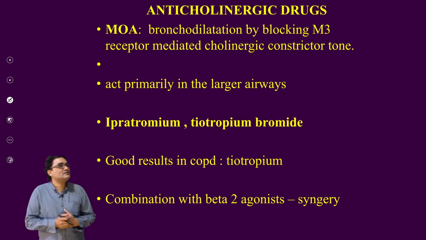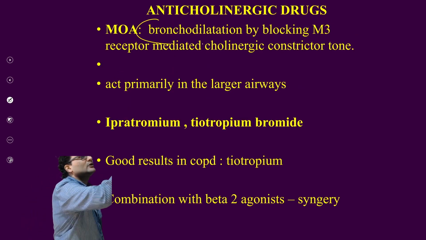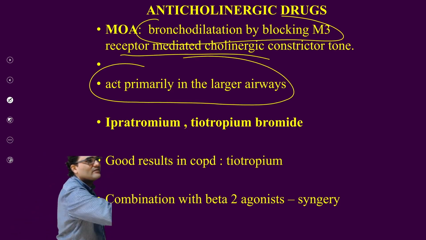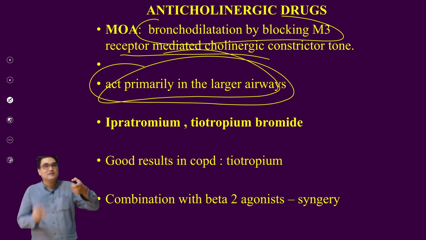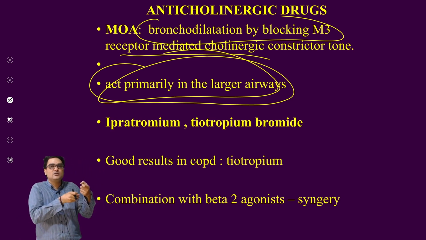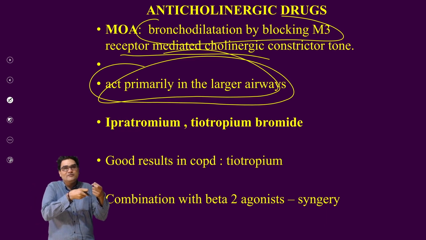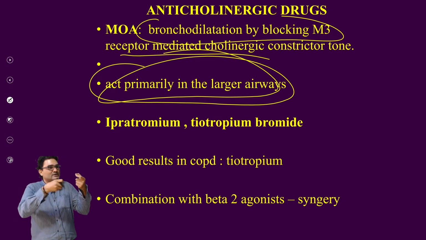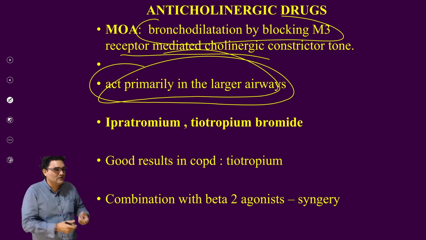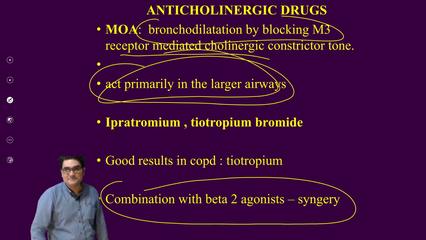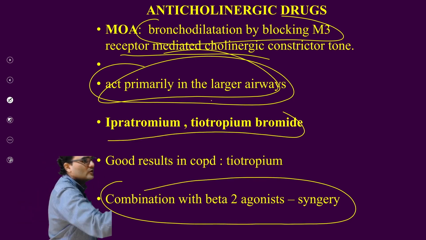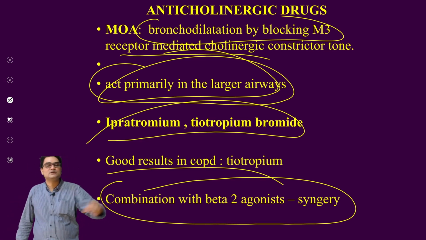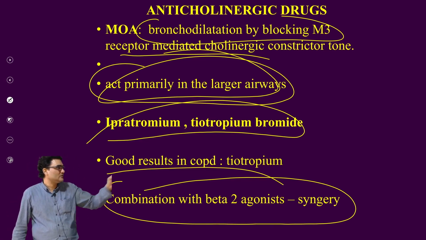Yes, anticholinergic drugs cause bronchodilation by blocking M3 receptors which are present in the lung. They act primarily on the larger airways, very important: they dilate the larger airways. Remember this: selective beta agonists cause dilation of small airways. So when you give an anticholinergic plus a beta agonist, they open both larger as well as smaller airways. So they have synergistic action. Combination with beta 2 agonist has synergy. Ipratropium and tiotropium, good. They are very specific, more than asthma; they are very much useful in case of COPD. Tiotropium is the drug used now.